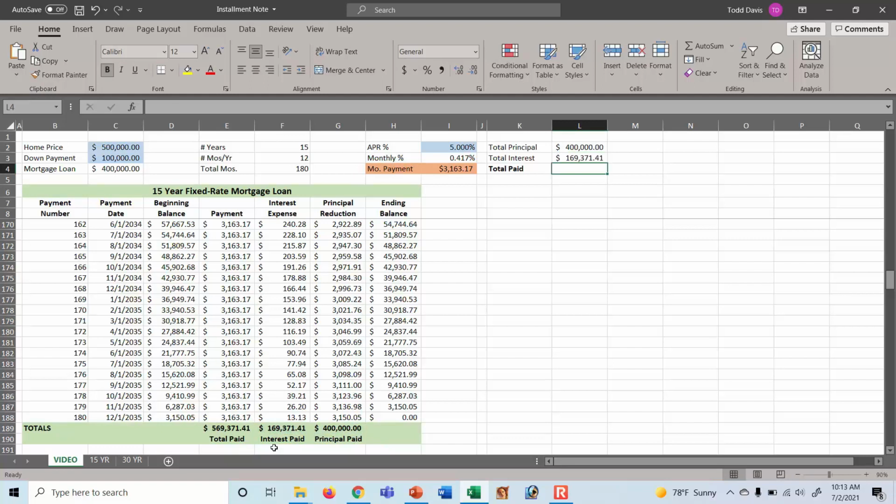And finally, in cell L4, reference cell E189 and hit Enter. And now you'll see in condensed form at the top of the screen the exact amount paid for this loan.